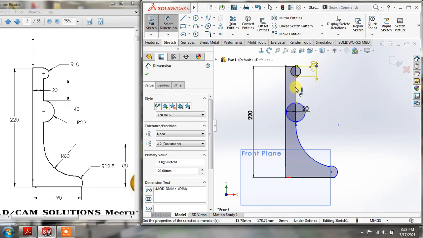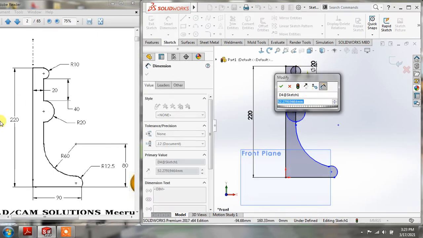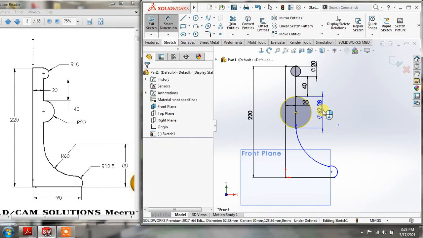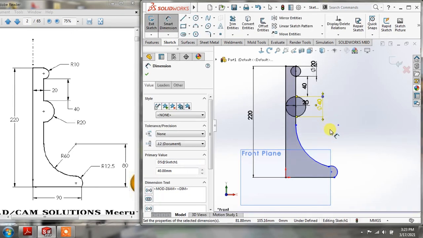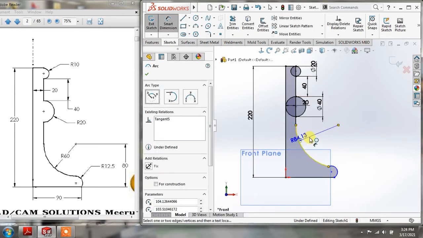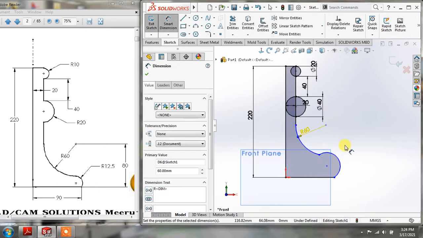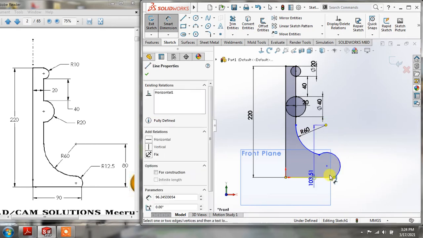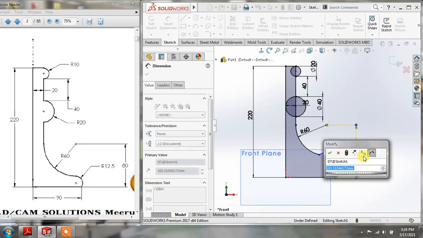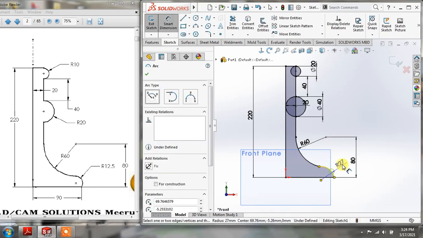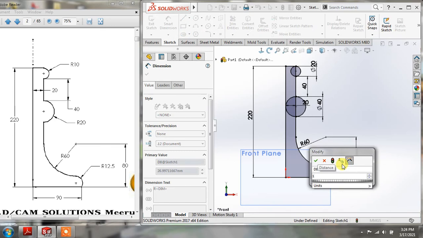Again this line is 40, here you can see, and this circle is radius of 20 and the diameter will be 40, and the radius of this arc is 60. Okay, and the center of this arc from the horizontal line is 80. Okay, and now this radius is 12.5.